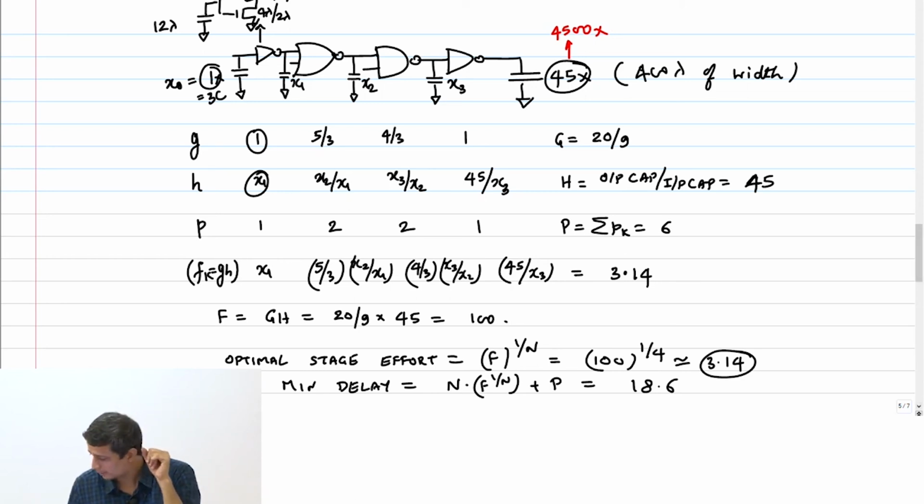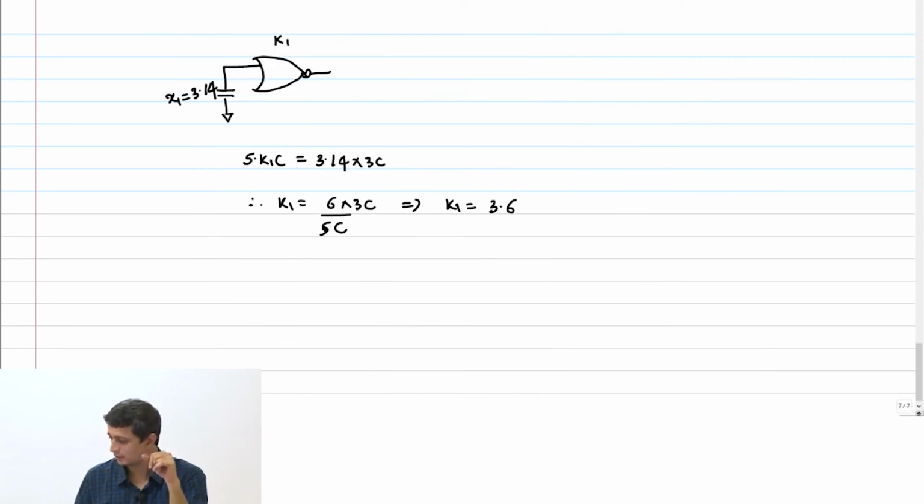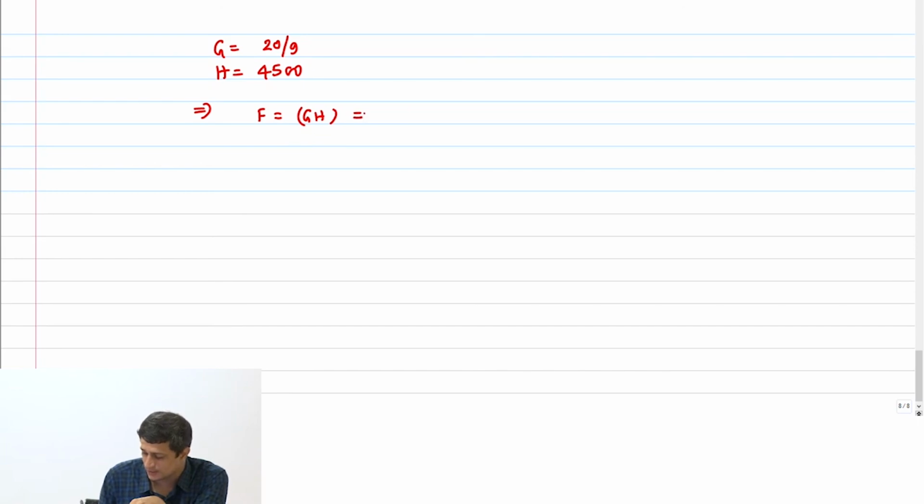You get a capacitance of 40. Okay. So what is my path logical effort? Again, it is 20 by 9. No change. Electrical effort is load capacitance by input capacitance, and this we made it 4500, which implies that path effort is GH, and this is nothing but, what do you get? 10,000, 10 power 4,